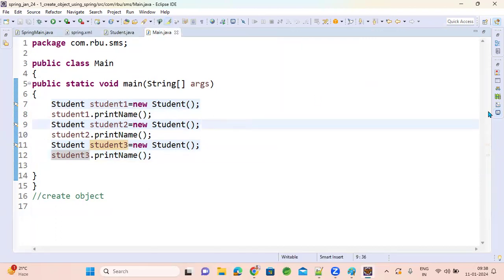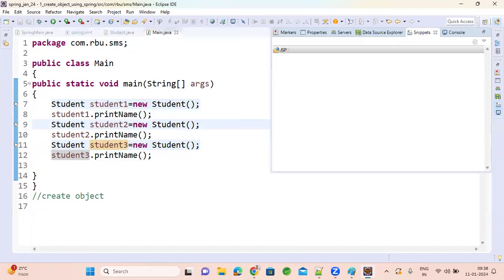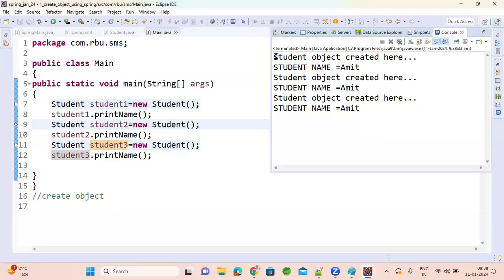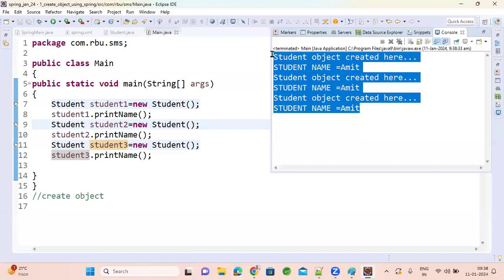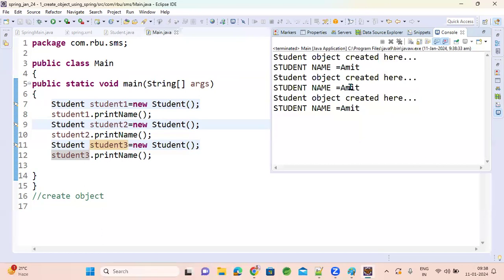Do you see any problem here? If you don't know much about Java or memory management, you don't see any issue. You will see that the code is executing fine, right? No issue, if that is your statement. But the problem is it is creating many objects unnecessarily. It is consuming some memory in my RAM.